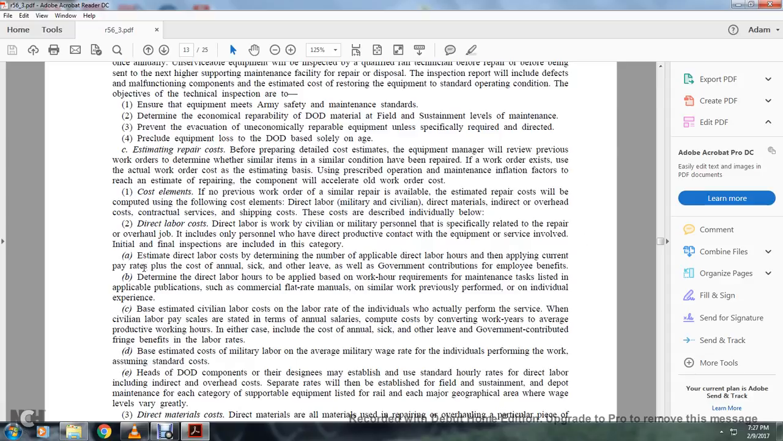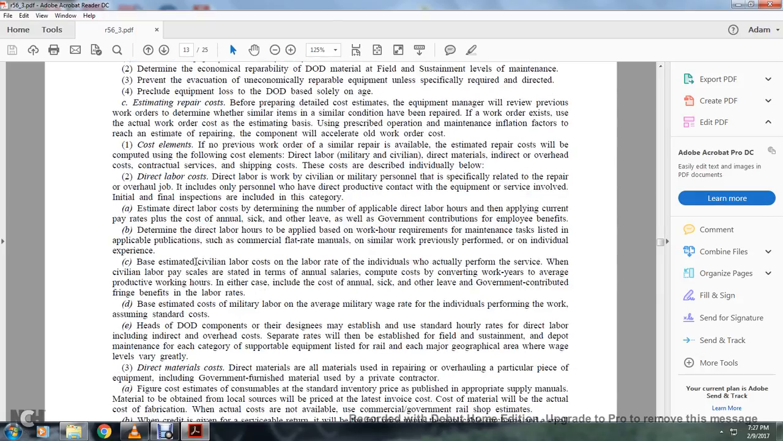Apply current pay rates, including the cost of annual sick or other leave, as well as the government contribution to employee benefits. Determine the direct labor hours to apply, based on work hour requirements for maintenance tasks listed in the applicable publication, such as a commercial flat rate manual, similar work previously performed, or individual experience. Base estimated civilian labor costs on the labor rate of the individuals who actually perform the work,